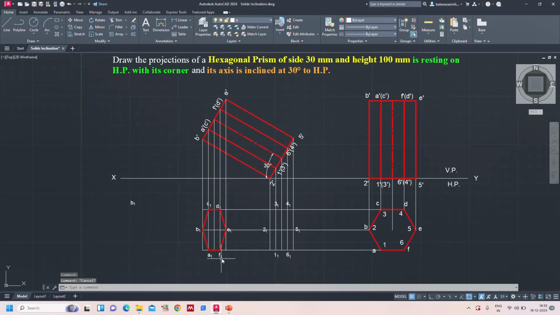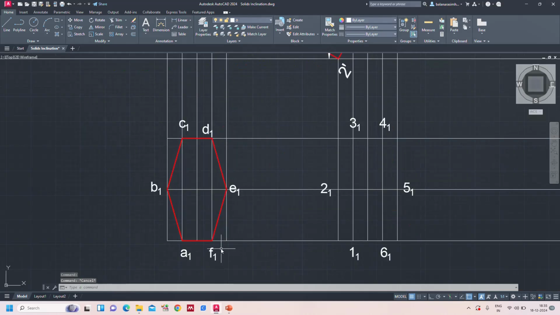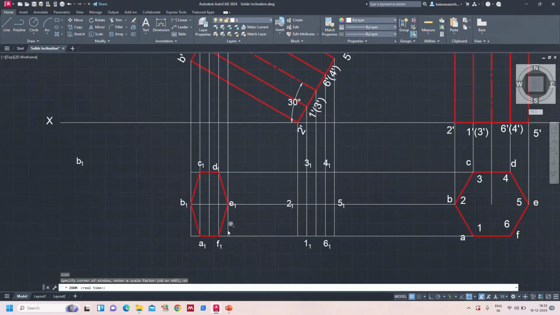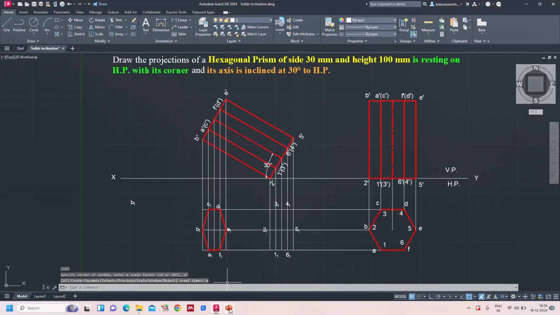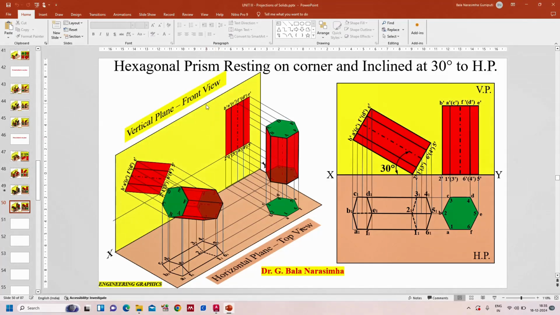Good. So now I draw the upper base. Very good. Now come to this one. Whenever you see from the top,